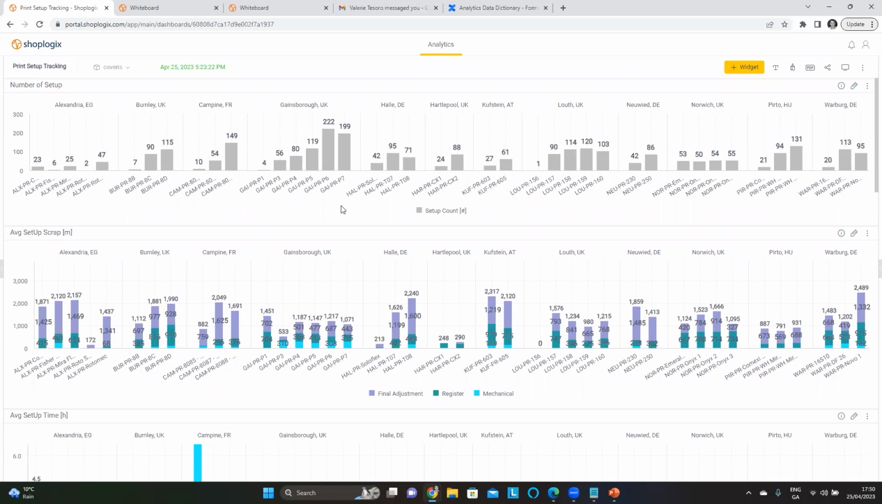So we have many functionalities within ShopLogics from a core whiteboard perspective and data collection perspective on the shop floor, which allows you to categorize different machine states within ShopLogics, different downtime reasons, different waste reasons. Okay. And as I said, all of that data is collated within the database that ShopLogics